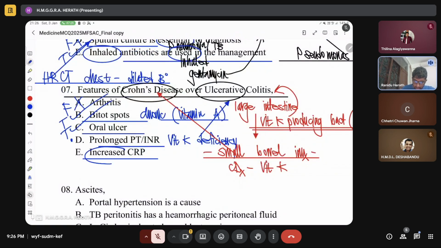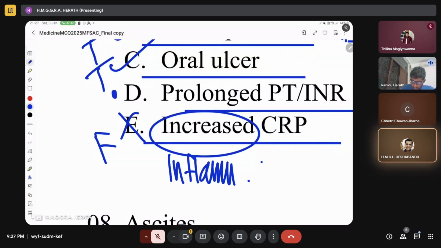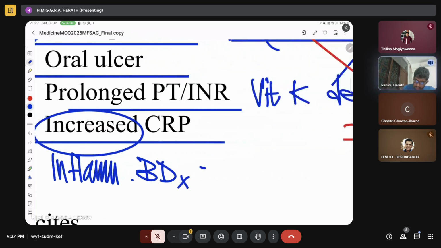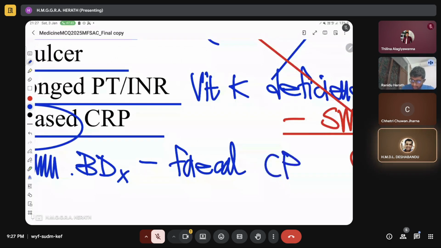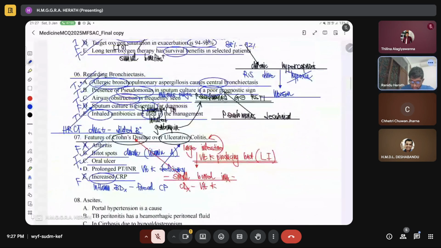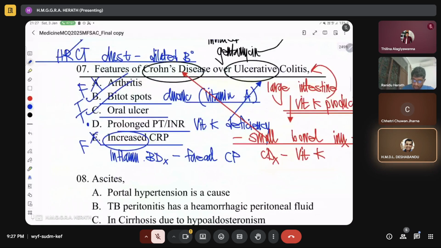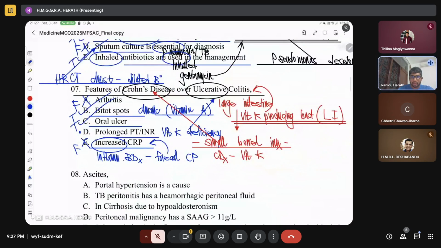Increased CRP: is it a feature of both diseases or one disease? Both. So we can't take this. Why? Because both are inflammatory bowel diseases. What about fecal calprotectin? Is it increased in one disease, the other disease, or both? Both. So they can give this as the stem next time. Okay, so we'll see what type of